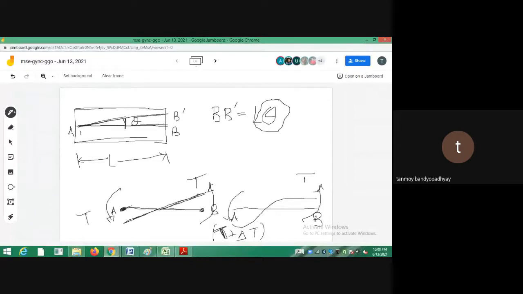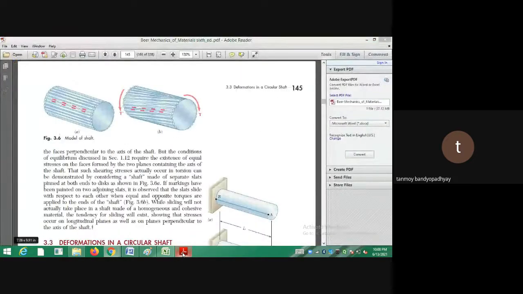So they are couples. On both sides we have torques of capital T and capital T, not tension, sorry. It's a uniform torque we are applying on both ends of the shaft. That is why we can assume there is no warping of the shaft, and therefore there's an assumption. That's a very basic assumption we make: any line that was straight before torsion remains straight after torsion also, right?